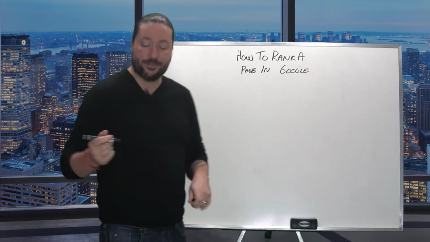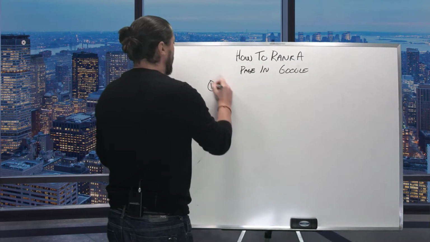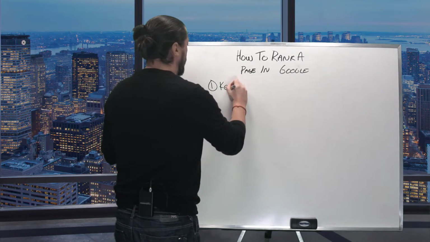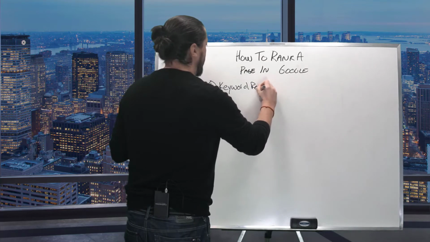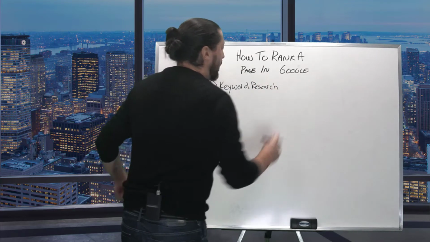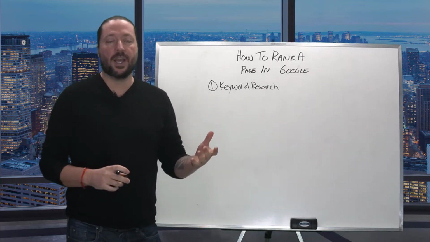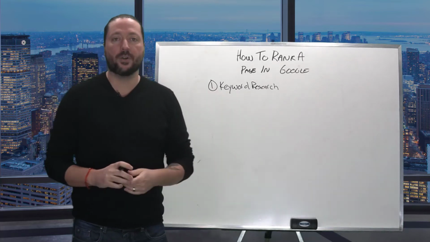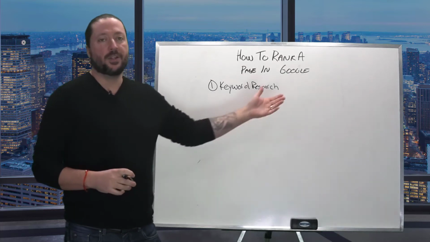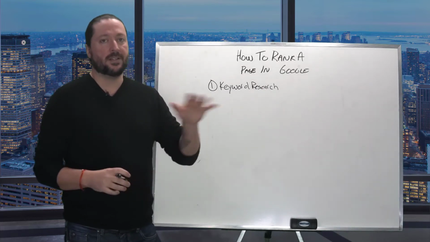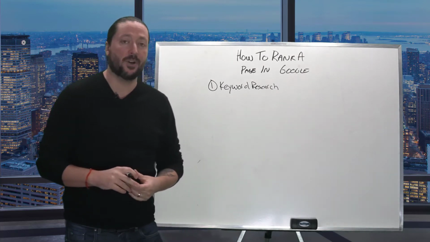So let's get started. The first thing that you're going to have to master is keyword research. Now, what is a keyword? Basically, a keyword is the intended phrase or word that you are trying to rank for in Google. So like weight loss, when someone goes and types in weight loss in Google and you want your website to show up. Now, that's a really terrible example to lead with because you're probably not going to rank for a keyword